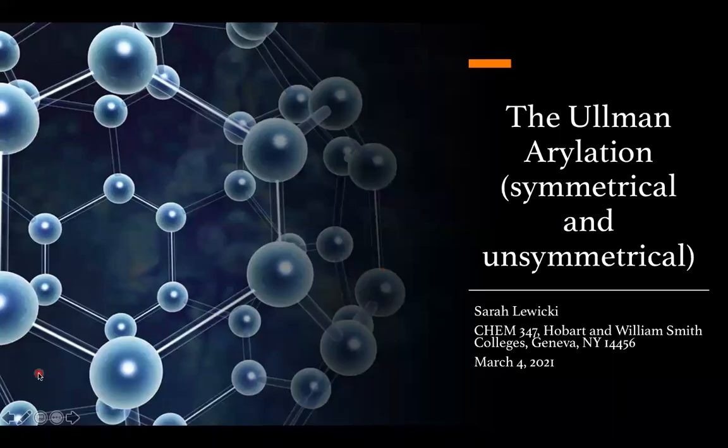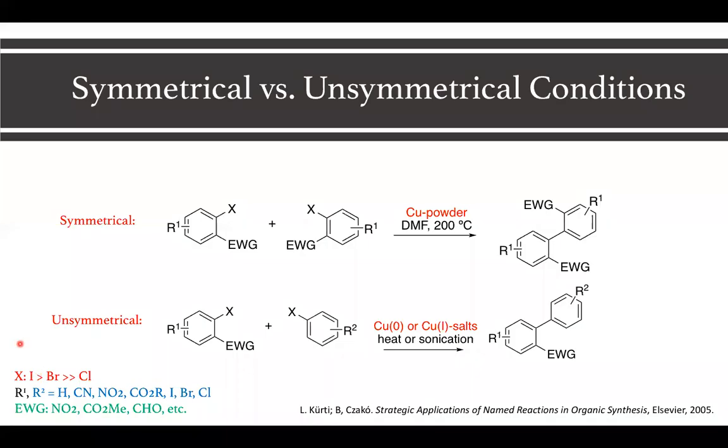So my two reactions were the symmetrical and unsymmetrical Ullmann arylation reactions. And shown here are examples of both of these reactions. The main difference between both of them is that in the symmetrical reaction, the substrate reacts with itself, forming this symmetrical product. And for the unsymmetrical reaction, we have a highly reactive substrate reacting with a not so reactive substrate, forming